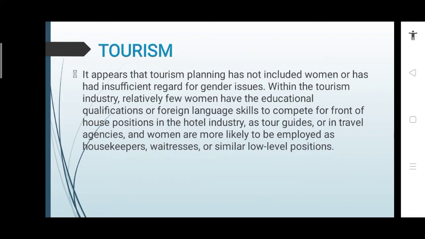Next, tourism. It appears that tourism planning has not included women or has had little regard for gender issues. Within the tourism industry, relatively few women have the educational qualifications or foreign language skills to compete for front-of-house positions in the hotel industry, as tour guides, or in travel agencies, and women are more likely to be employed as housekeepers, waitresses, or similar